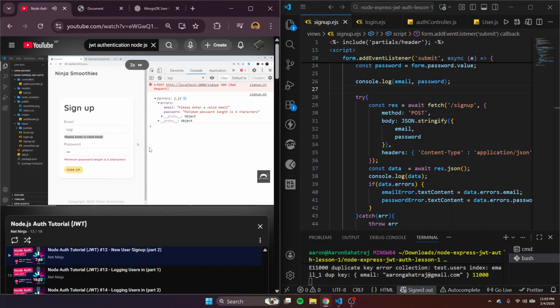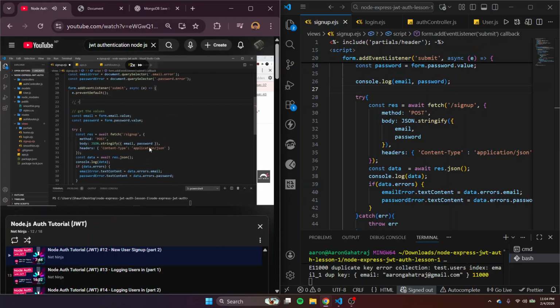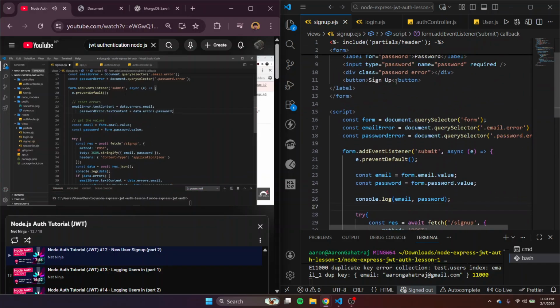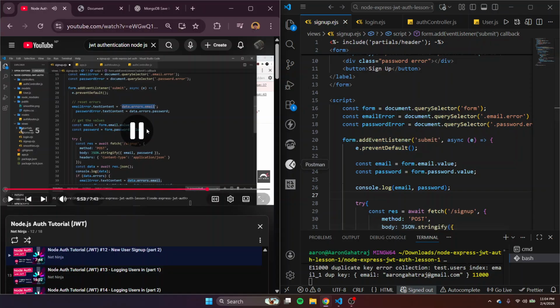On this errors object. Now if I update this to be something valid and press sign up again, while that request is going on, I don't want to show this error anymore, so I want to clear out the errors every time we click sign up, and then if we get errors back, we're going to populate them again. So let's clear them out every time we submit the form, which is up here. So I'm going to say right here, reset errors, and then underneath that I'm going to paste this in, and I'm just going to change this to be an empty